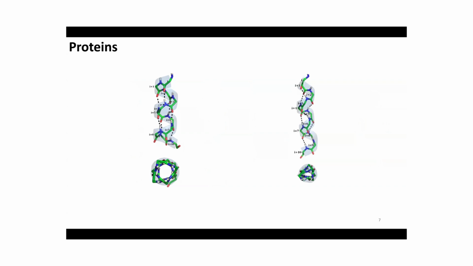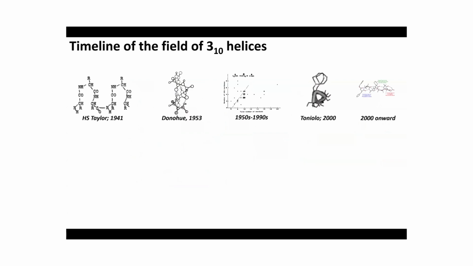But why did I choose the 3-10 helix? The answer lies in the timeline. You'll see that the 3-10 helix term was there since 1941, and in 1951 Linus Pauling proposed the model of the alpha helix. So you can see the 3-10 helical term was there before the alpha helix was coined. But over the years,